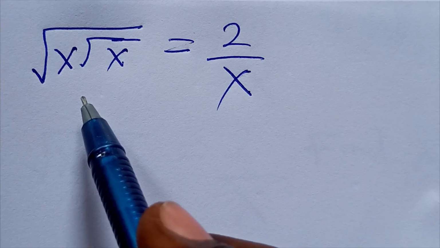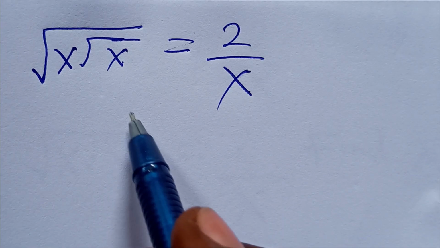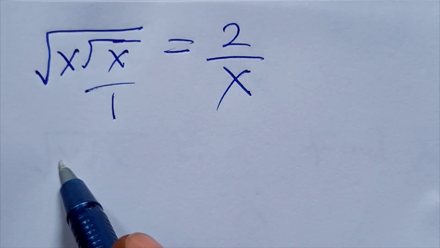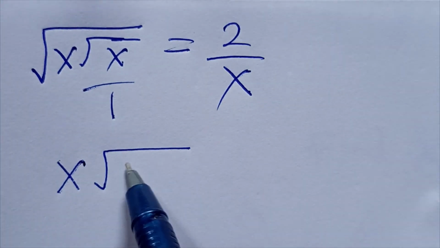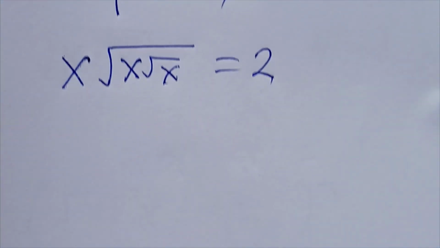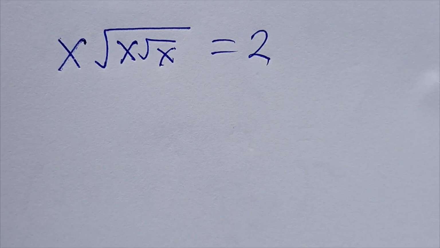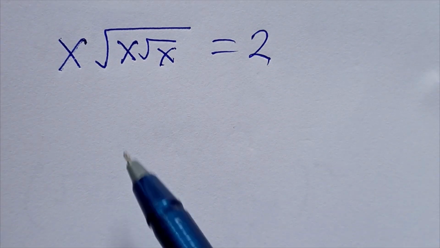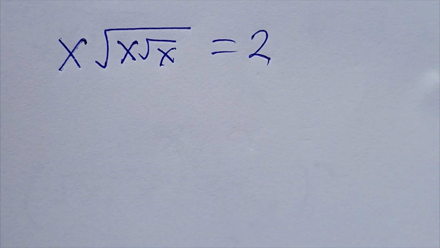So let's try another method. What do we do? We cross multiply directly. So we have x root x equals 2. This is what we have. We're trying to find another way of solving it. So after doing that, someone will just decide to